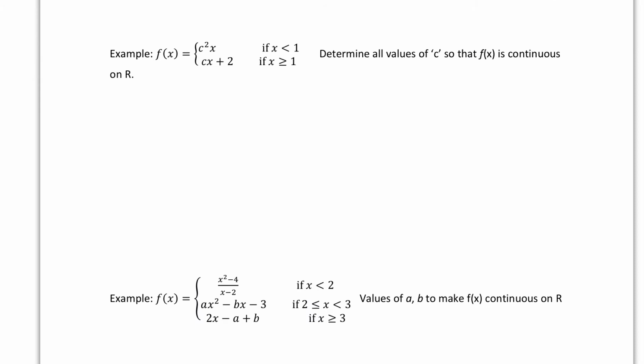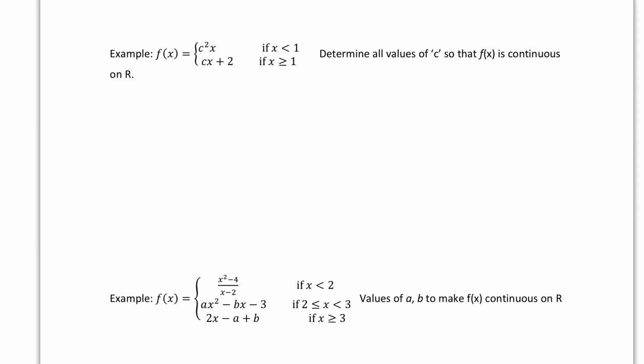Now let's go ahead and do some of my favorite problems, the ones where we have some missing letters. So here we have f of x equal to c squared x when x is less than 1, or cx plus 2 if x is greater than or equal to 1. And so let's see, can we find an answer to this? Could we determine the values of c so that f of x is continuous? C is unknown and we want to figure out what we should make c,